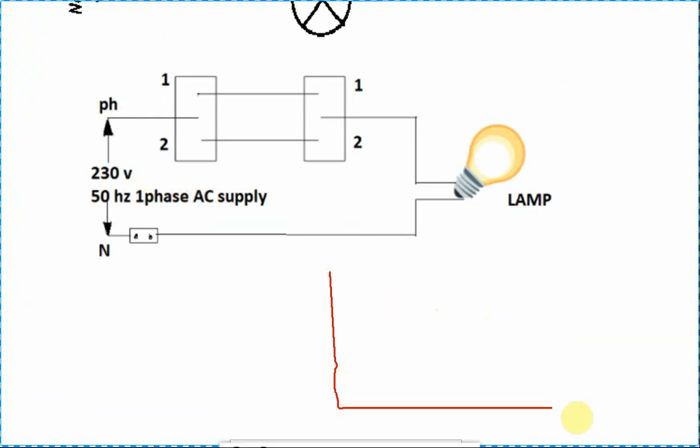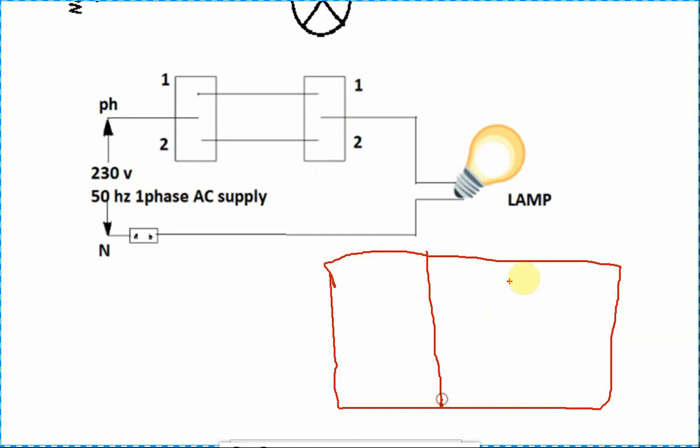Take a table. Previously I showed you 1 and 2 connected. Is my drawing visible? Yes, sir. Okay. This is switch number 1, switch number 2, and this is the lamp output.